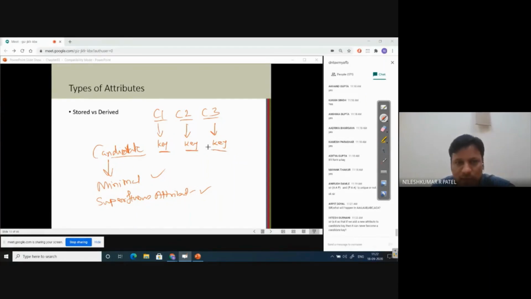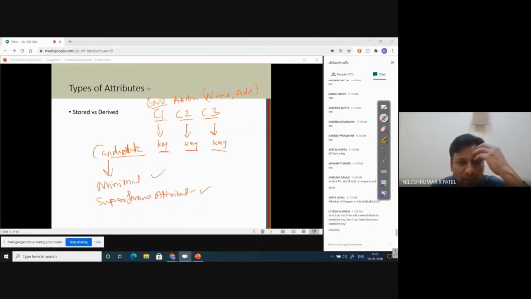Remember this, right? Now as we have three keys in our relation, in our entity type, आपके पास एक एनरोलमेंट नंबर कैंडिडेट की है, एक आधार नंबर कैंडिडेट की है, और एक हो सकता है कि नाम, नेम एंड एड्रेस दोनों मिला के एक आप कैंडिडेट की बना रहे हो. मीन्स व्हाट? एक एनरोलमेंट नंबर सिंगल एट्रीब्यूट कैंडिडेट की है, आधार नंबर इज सिंगल एट्रीब्यूट कैंडिडेट की, एंड देयर इज वन मोर कैंडिडेट की with two attributes, name and address, maybe, right?